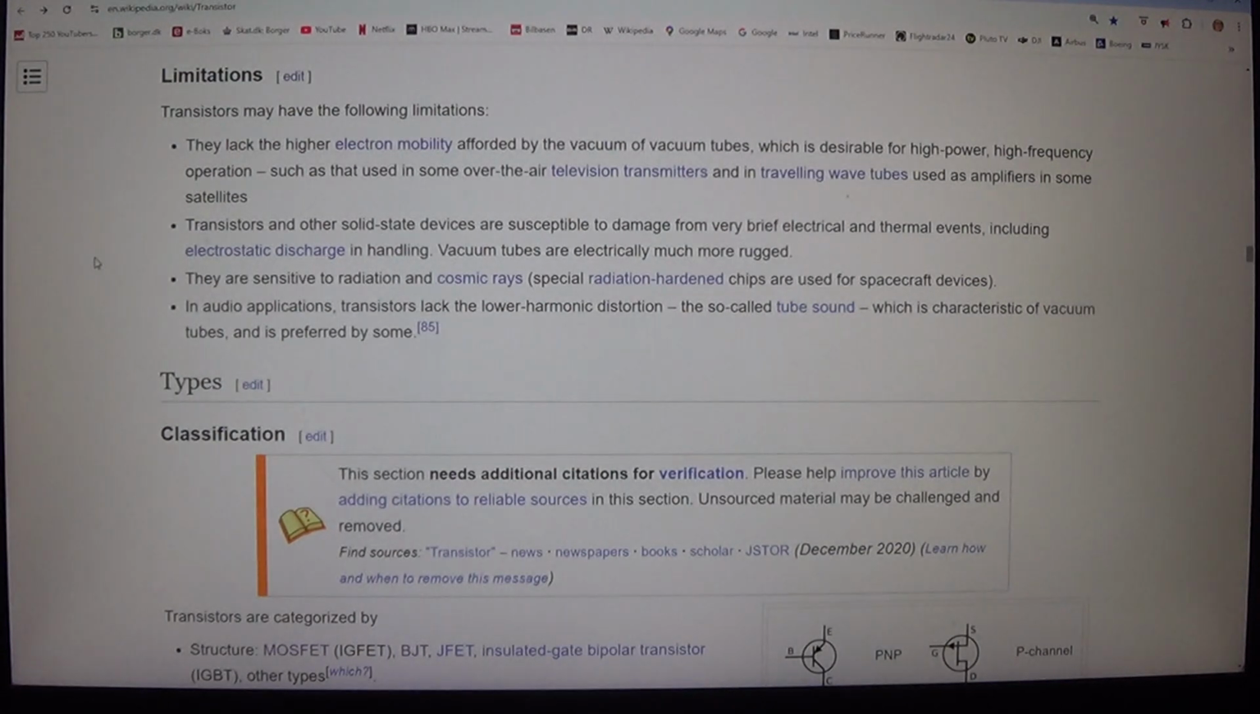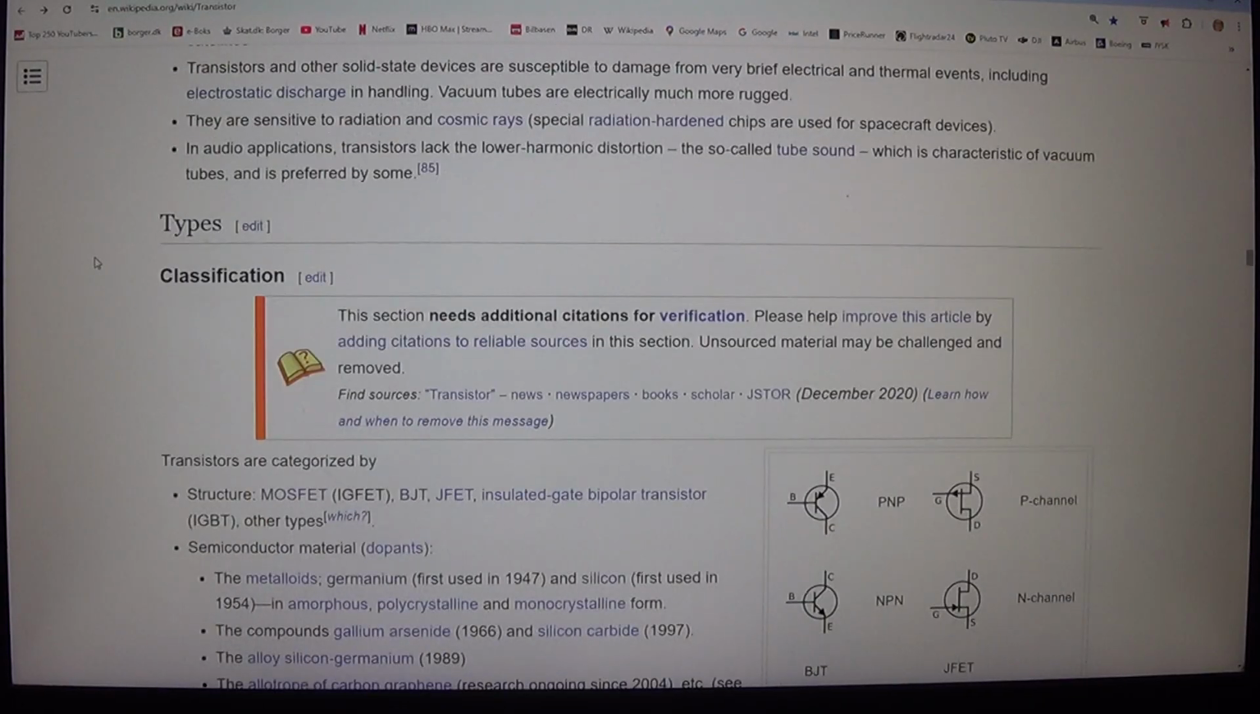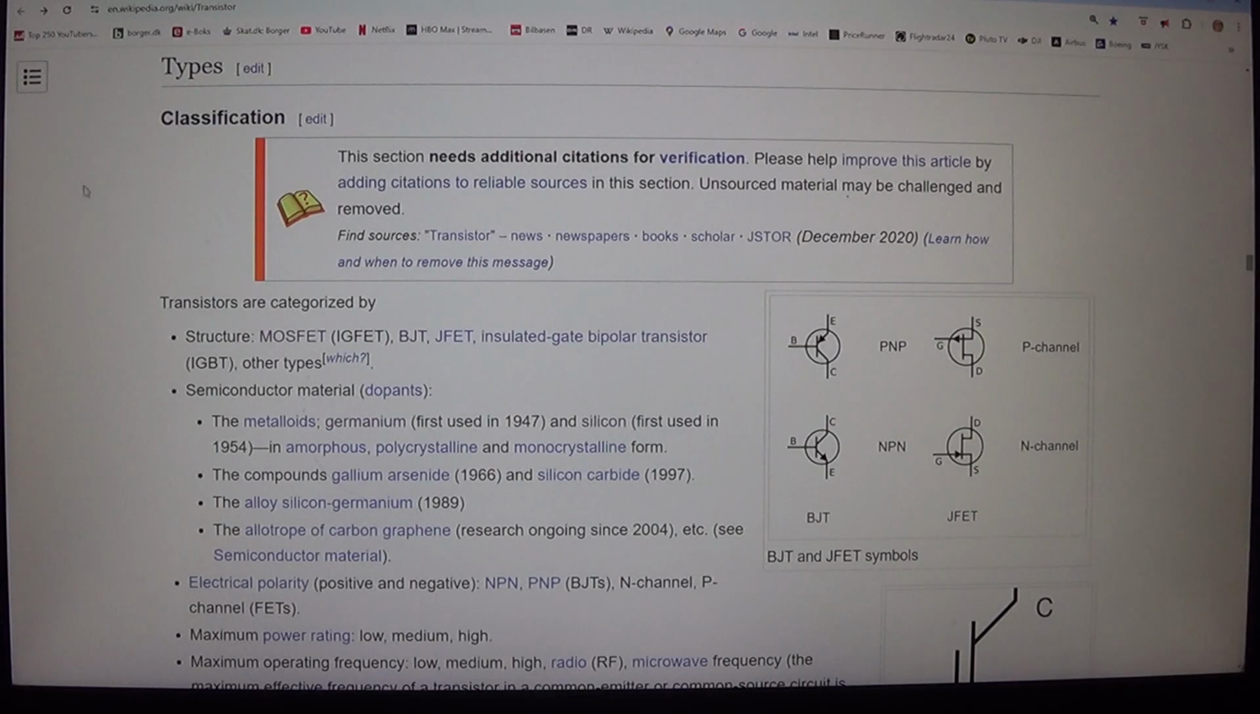Types. Classification. This section needs additional